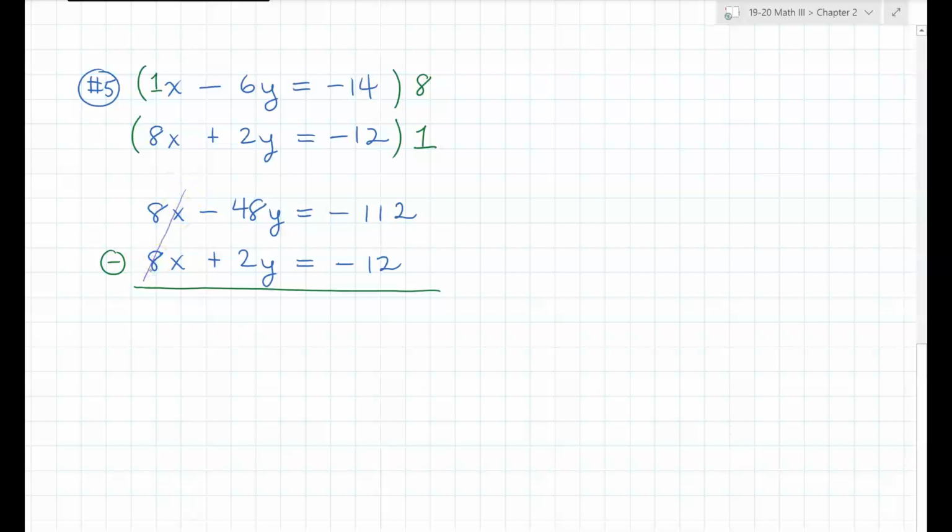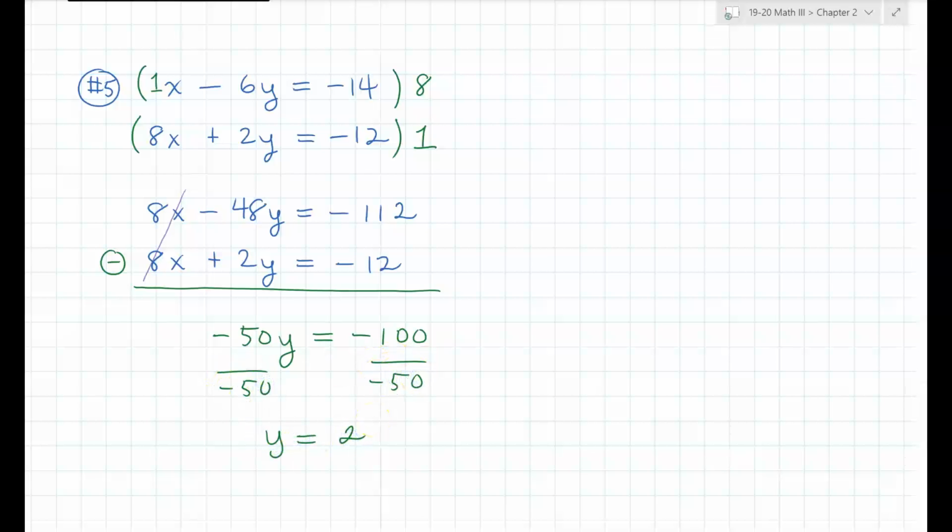Negative 48 minus 2 is a negative 50 y. Negative 112 minus negative 12. Notice it's a minus negative, okay? Because you got to do the negative in the front. So negative 112 minus a negative 12 is a negative 100. So if I divide both sides by negative 50, I get that y has to equal